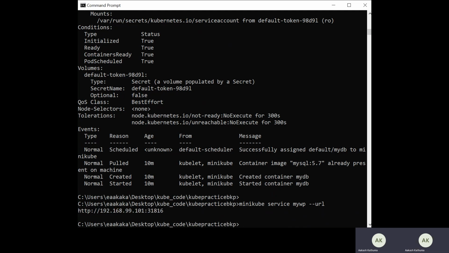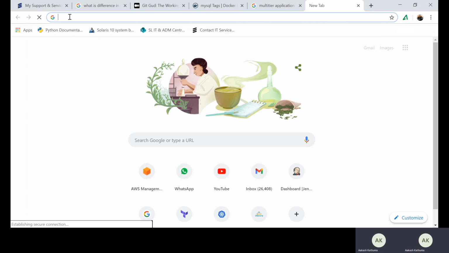Okay, and now let's go to the browser. Let me share the browser so you can see how it looks. Once I copy this URL into the browser, you will see how the request hits the WordPress.